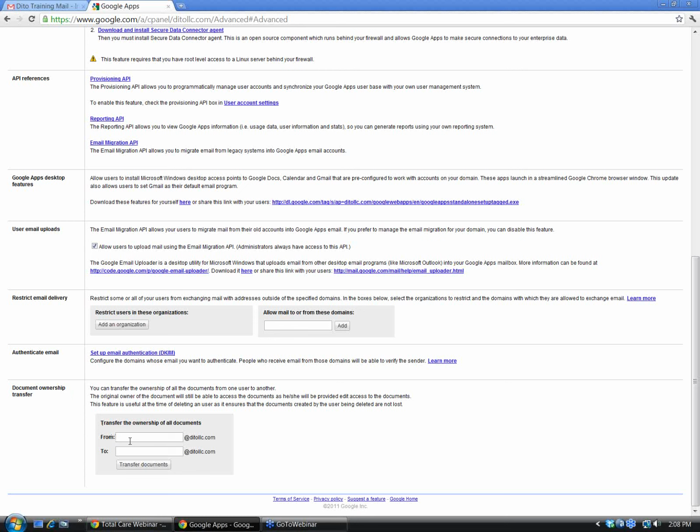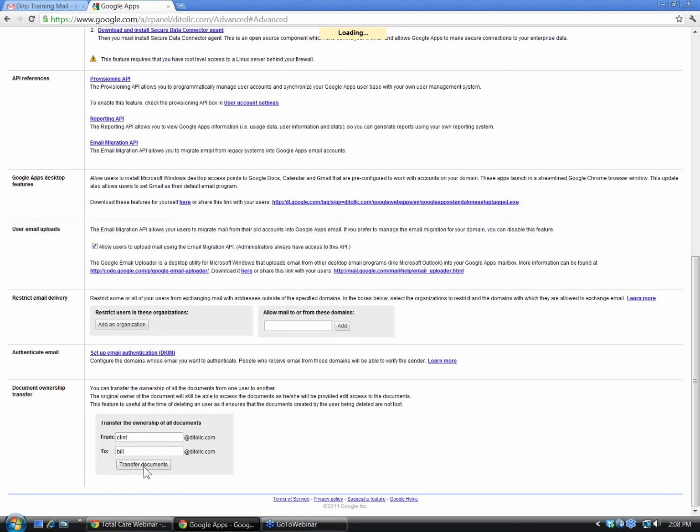All you do is simply enter the person's email or name, the username here, of the person that owns the documents at this time, and we're going to take the documents from the owner, Clint, and we're going to transfer them to Bill. All right, it's just two simple names to enter here, and I've entered Clint and Bill. I'm going to select Transfer Documents here,